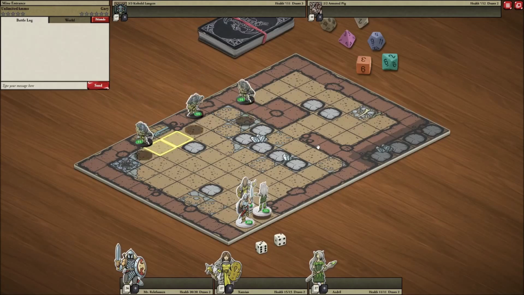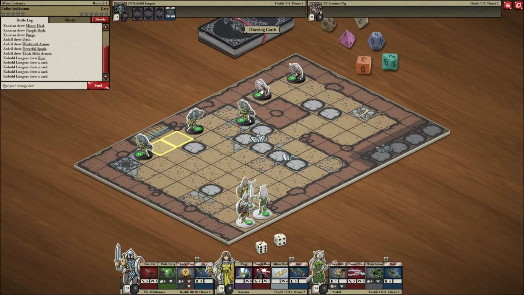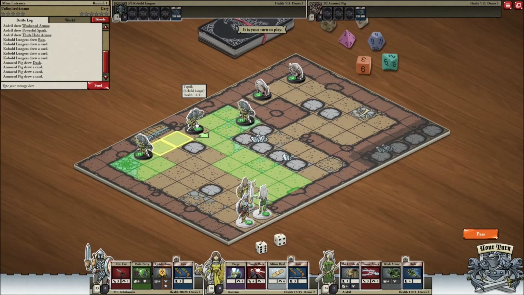So we go into this battle. There's some armored piggies and some kobold lungers. There's also these glowy areas. These glowy areas are victory points, basically. If we control that area, we get stars. You win once you get all the stars filled. That can be accomplished by either killing enemies or controlling the victory point. So let's just